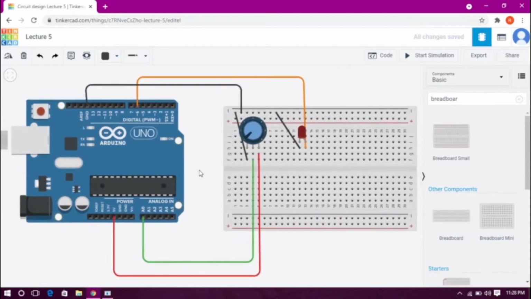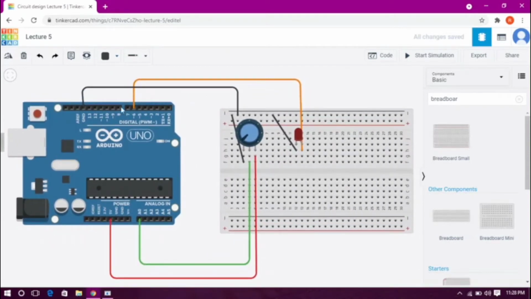So this is our whole circuit connection, as you can see over here. Let me recapitulate. There is a 5 volt input being given to the potentiometer on terminal 2. The analog 0 input wire is given to the wiper of the potentiometer, and we are grounding terminal 1 with this black wire.